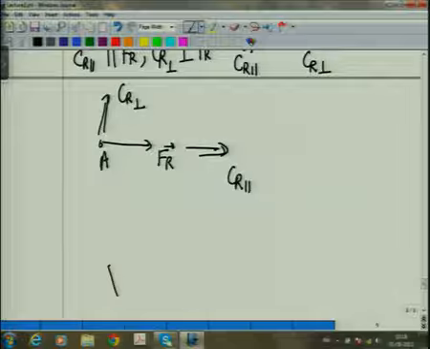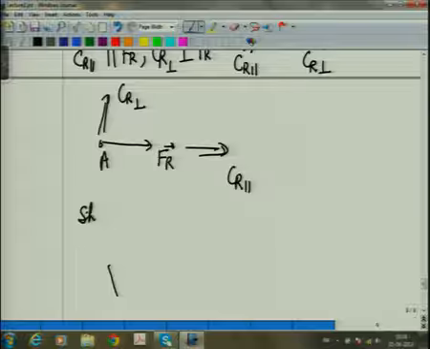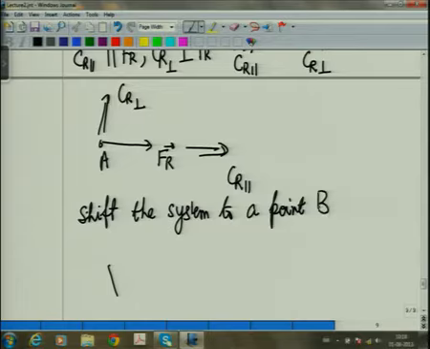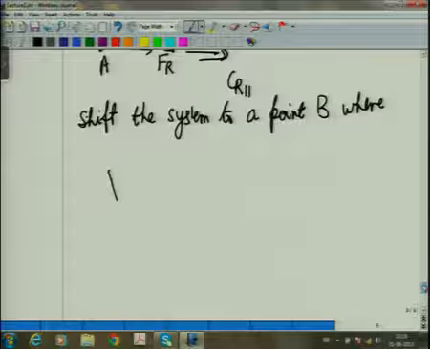So this is what we can now do: we shift the system to a point B, where